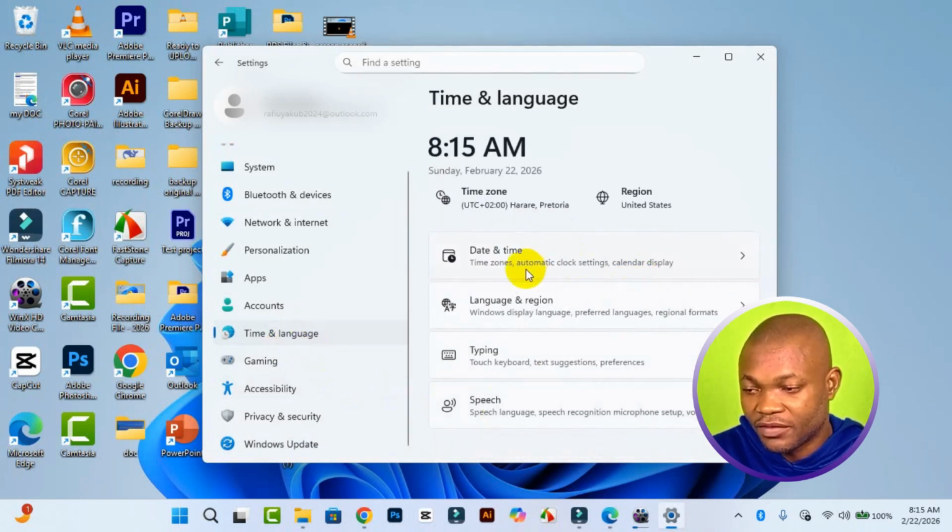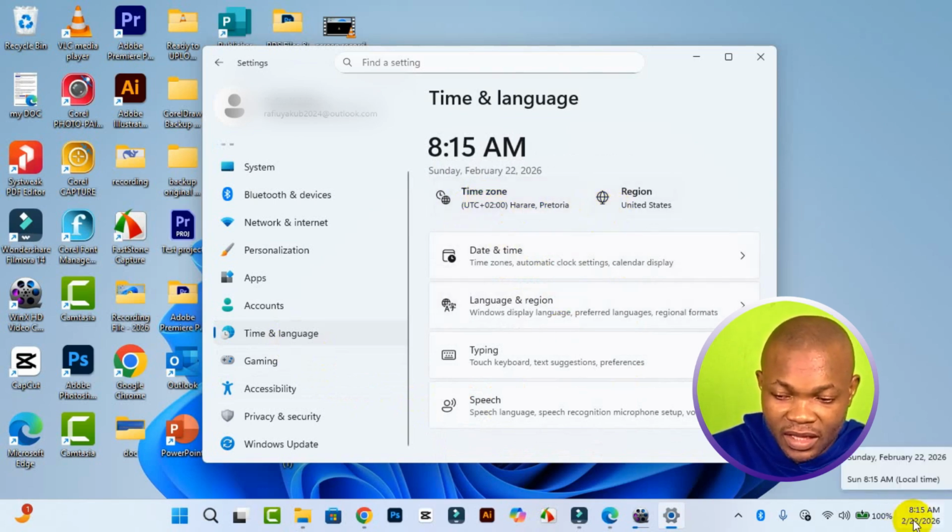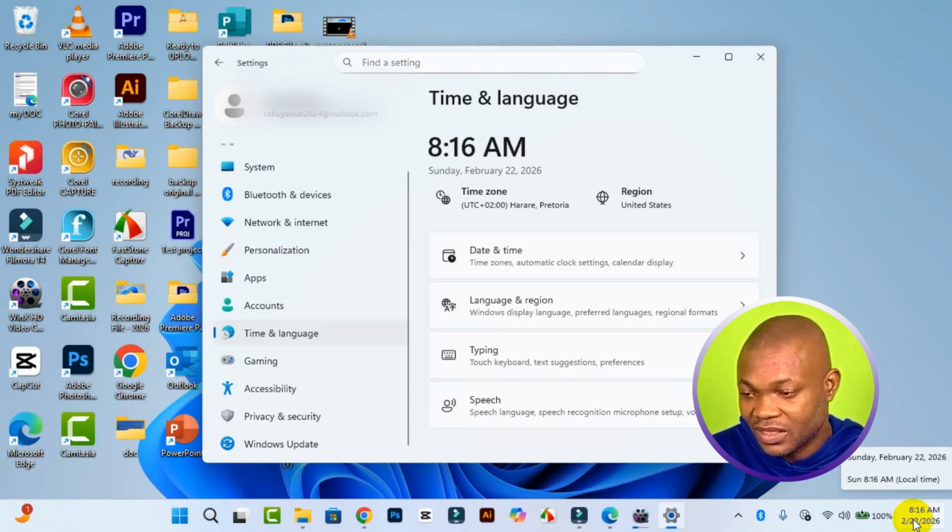First thing first, you have to check on your time zone and region. Take a look at my time zone right here. You can see currently I'm in 8:16 a.m., which is the local time. However, this time here is not correct. It's only the date that was correct, which is 22nd of February 2026. So how do we fix this particular problem and get our date and time correctly on our Windows